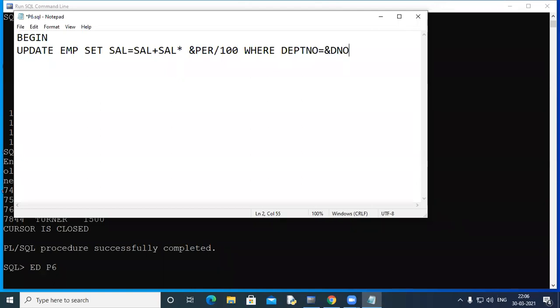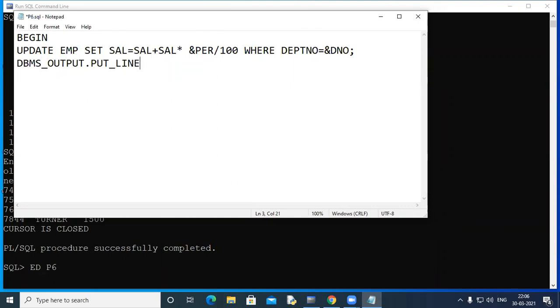No, let's write a good query, right? I've written update emp set sal equal to sal plus sal star. So I'm giving a percentage increase to all the people's salary from a specific department, right? And what should I write here? Let me print something for you.